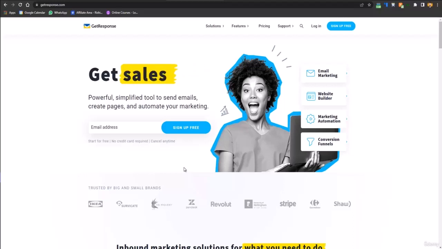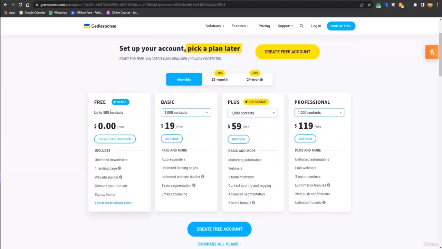If I talk about their pricing plans, for the free plan you can add up to 500 contacts, but with Mailchimp you can add up to 2000 contacts. But the best thing about this is you would have a landing page builder, one landing page with website builder, and you can connect your domain to this software for free. You can also get the sign up forms as well,